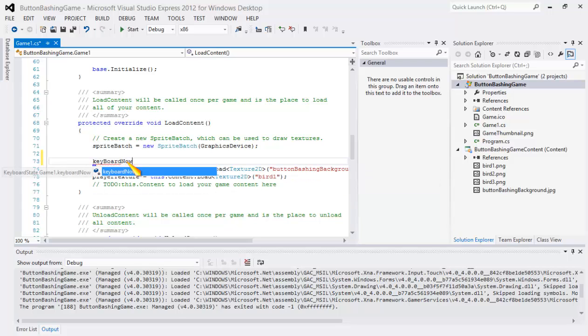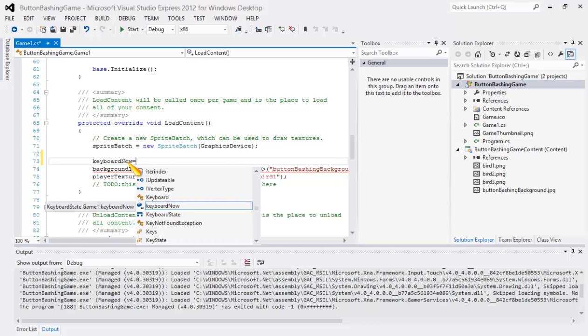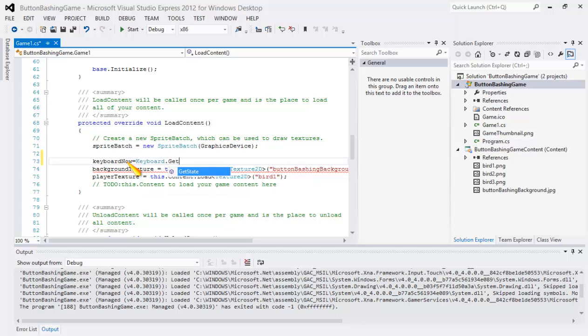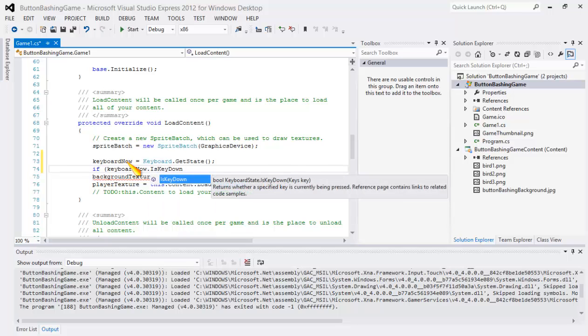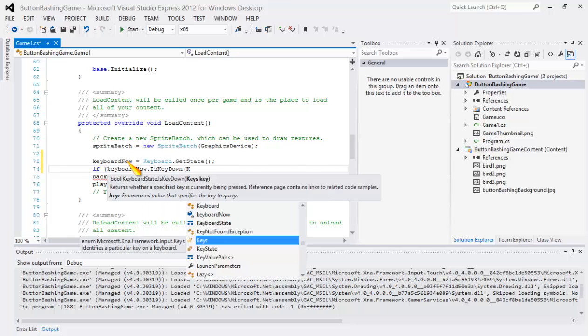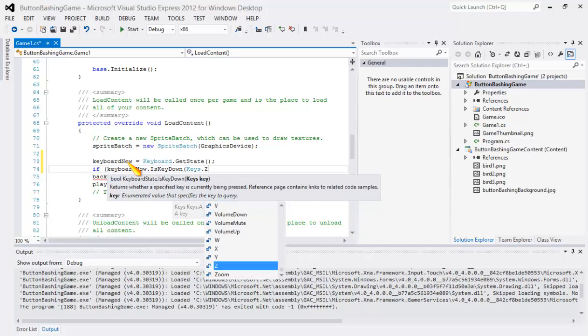So I'm going to say keyboard now equals keyboard dot get state. So that calls the get state method. All right, so now I'm going to say if keyboard now dot is key down, and then in parentheses keys dot z,